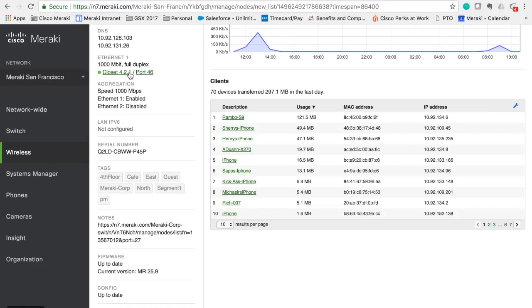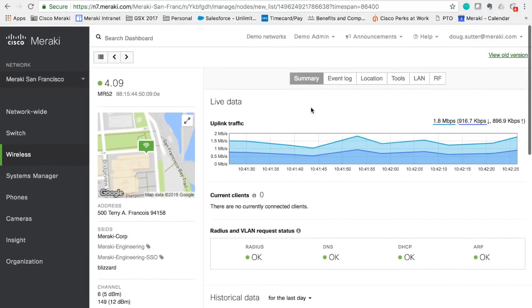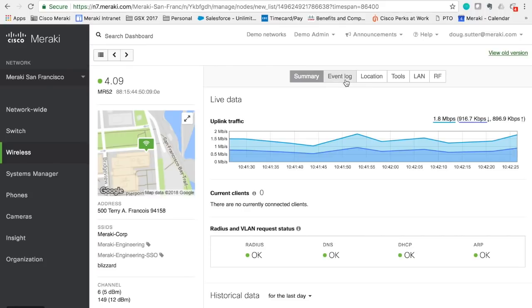And then back to the left-hand side here, because this is a Meraki switch, it knows what switch and at what port this AP is plugged into. So I could even jump into that specific port, which I'll do in a little bit. But before I move on, I just want to again show you